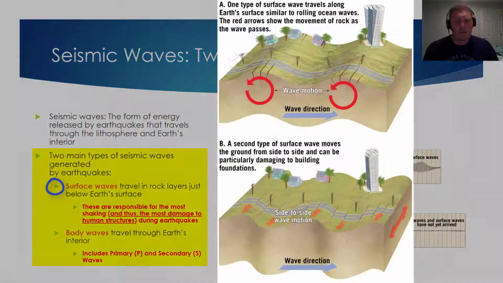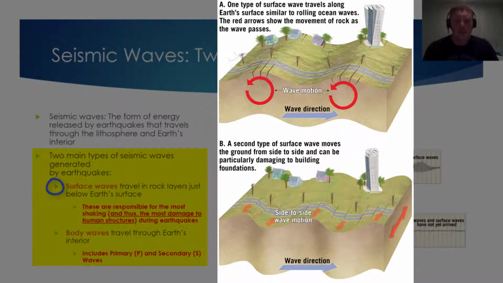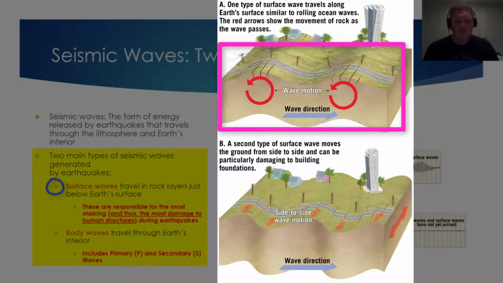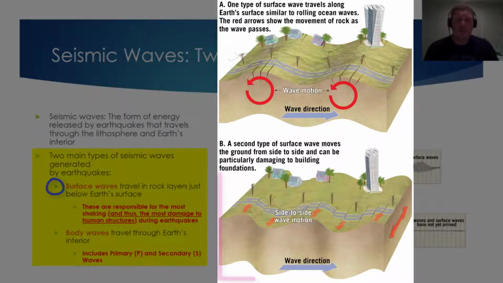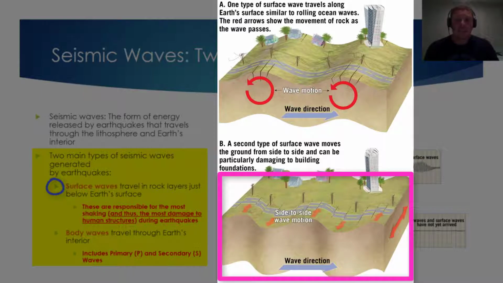If you take a look at the image shown on the screen, you'll see that there are two types of surface waves. The first type of surface waves travel along Earth's surface just like ocean waves. And with these waves, you see the ground moving up and down. The second type of surface wave moves the ground from side to side, and these waves can be especially damaging